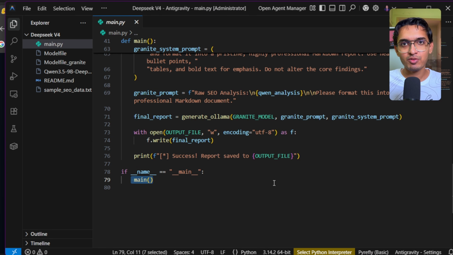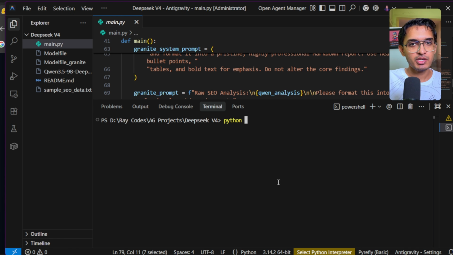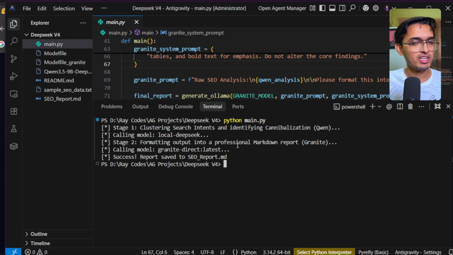Now is the time for the live demo. I'm going to open the terminal and type python main.py here. This will call the main Python file and will call the main function that we have defined. So I'm going to press enter. So now the whole python main.py file has run and the final report is successfully saved to the SEO report.md